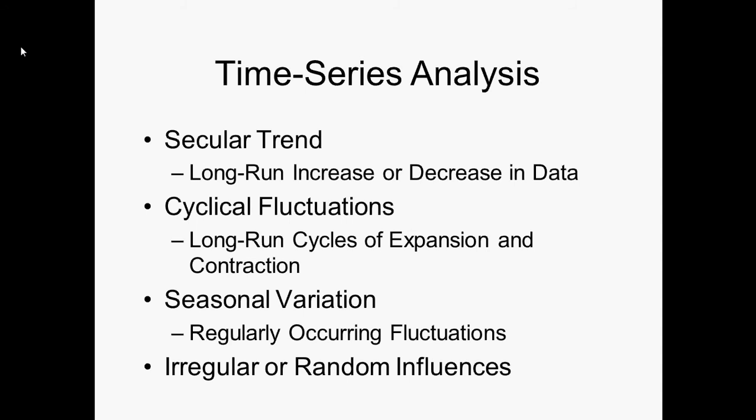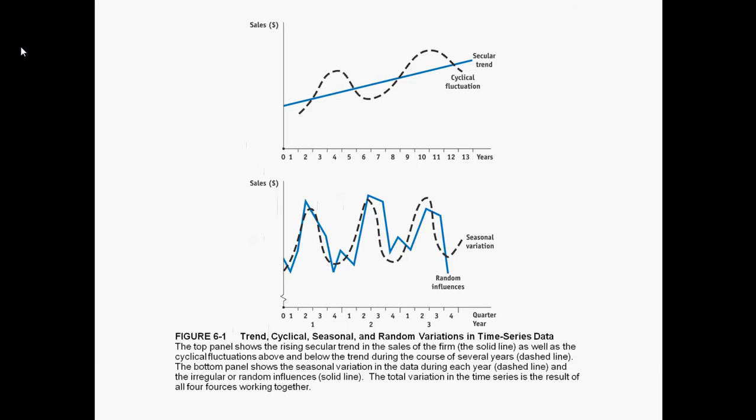So there are regularly occurring fluctuations that specifically deal with the seasons of the year. And then there can be other influences; this doesn't capture all of them. There's some that are sort of irregular or random and difficult to summarize under any of these headings. Okay, so